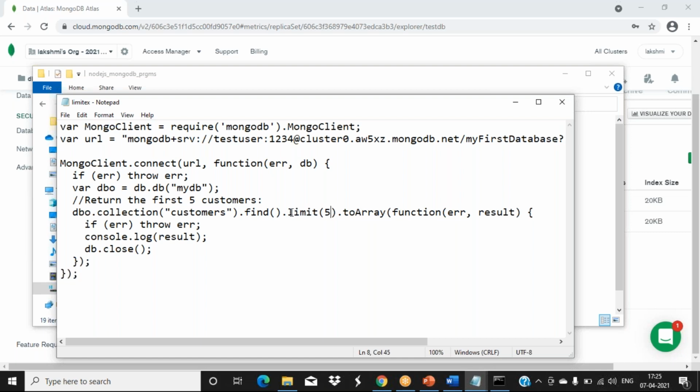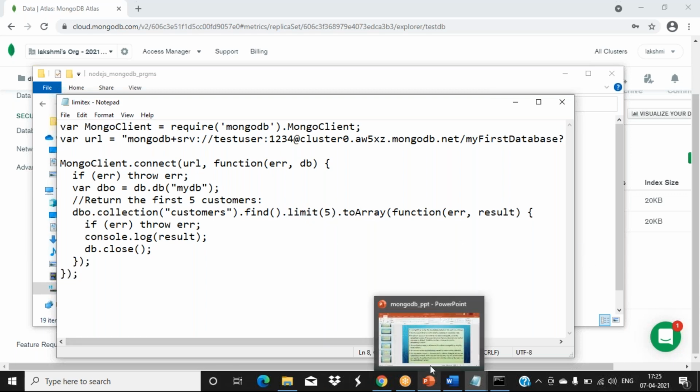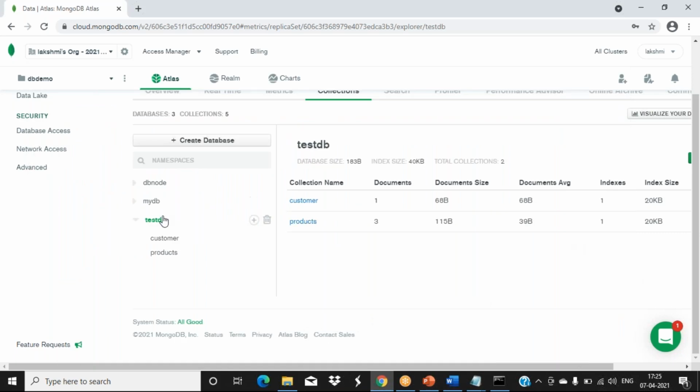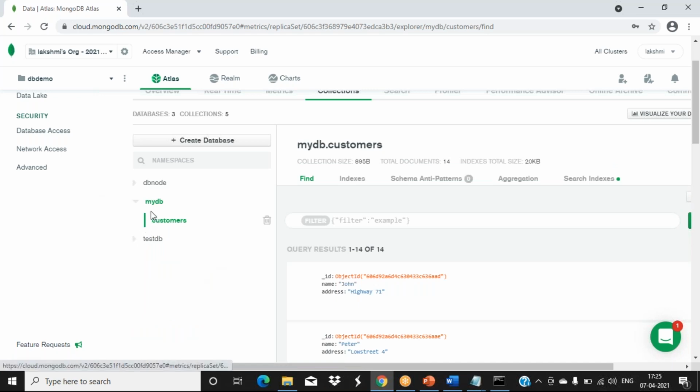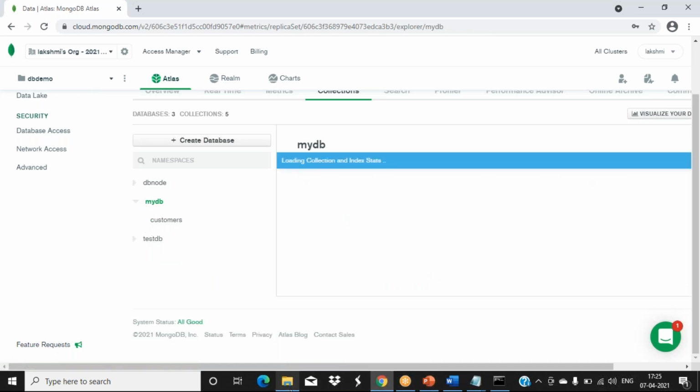So that is only which function? Limit function we are telling. Same steps: collection, find function, but in that find we are telling, after finding we have to limit that into 5, convert into array, then display it. Okay, I think my DB is there. So this output we can view.